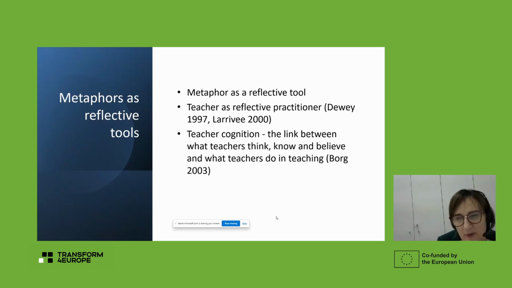Again, why is it so important to talk about this? Isn't this obvious, maybe self-evident? Why do we have to constantly think about our role as teachers? I think the most important reason for this is that, especially when we look at the research into teachers' thought processes, we talk about teachers' cognition. We can see that there is a link between what teachers think, know, and believe, and what you do in your teaching. So there is this link, and that's why it's really important to look at the cognition.